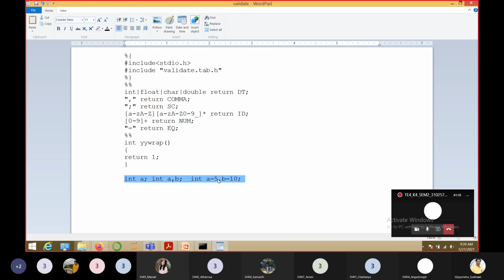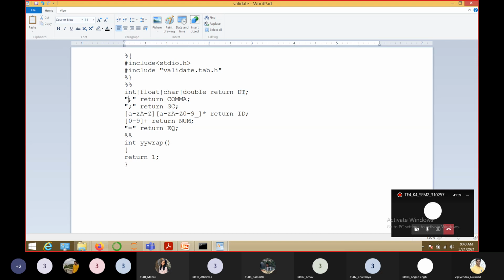So whatever are the valid data types, those data types we are putting as part of the pattern, right? If it is int, or float, or char, or double, or long, whatever data types you want to specify, you can specify. In that case, we have to return DT. DT stands for data type, right? I'm taking my own token over here. Now, from where this DT is coming, I'll tell you in a while. We'll complete this Lex file and then we'll come to that.